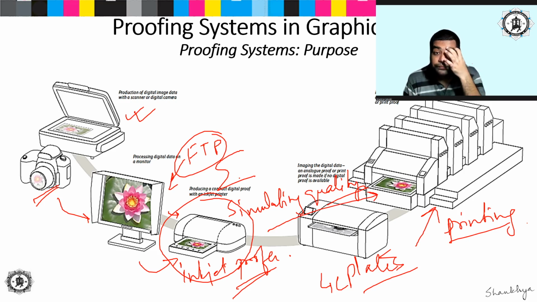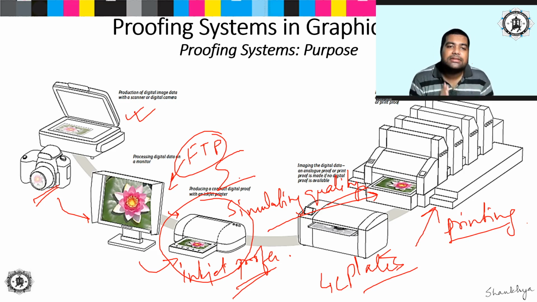Now once you have obtained the proof, as I have already said, what will you do? You go to the print buyer, your client, and tell him that okay, this is the possibility. This is what we can do, right? And if he's happy with it, and you're also okay with everything else, then you just sign a contract saying that okay, this is the quality that we have decided upon, and the printer is going to deliver the print buyer these many copies within these many days at this particular price. So this is how a contract proof is basically signed, right?